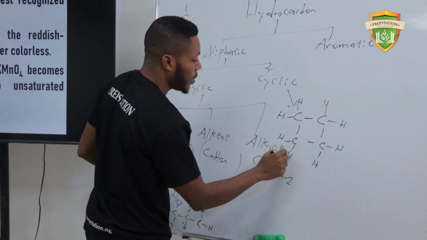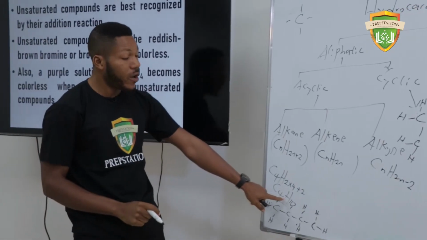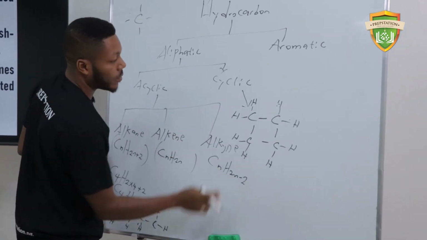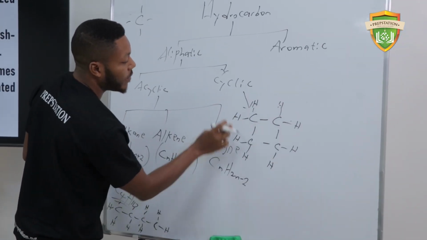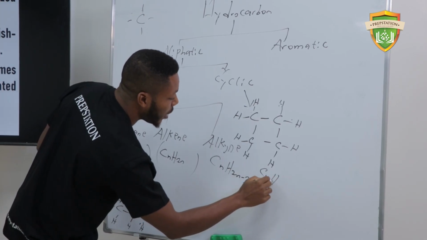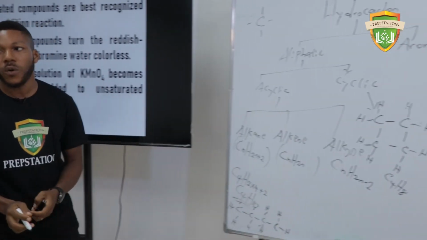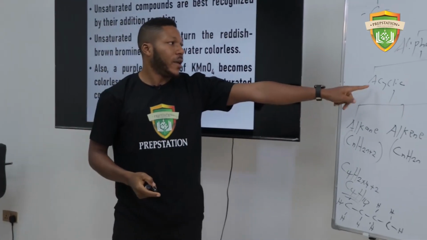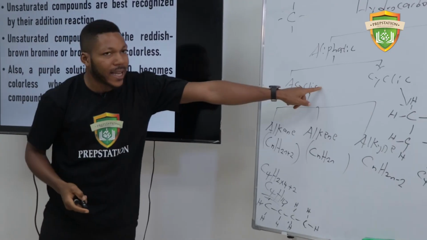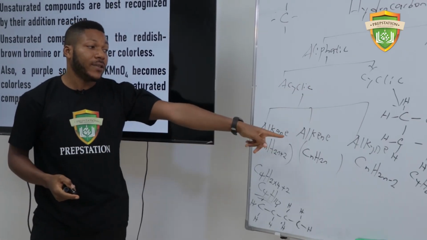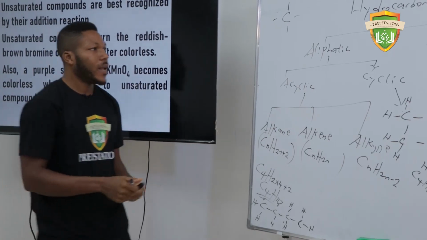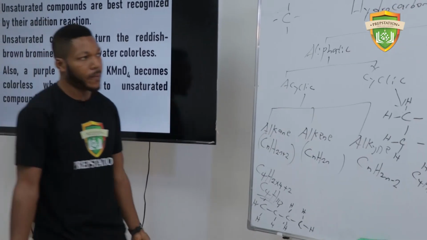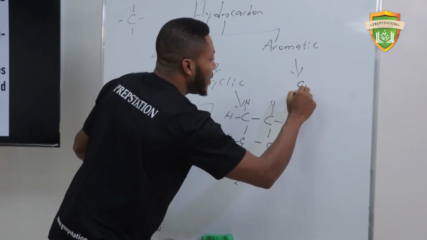So if you count, instead of having C4H10 with regards to normal butane, here you have C4. Let's count the hydrogen atoms: 1, 2, 3, 4, 5, 6, 7, 8. So you now have C4H8 as a cyclic hydrocarbon. So all cyclo compounds are gotten from the acyclic, either alkanes or alkynes. Okay. Now, a typical example of the aromatic hydrocarbon is the benzene ring. Benzene. You know that benzene is C6